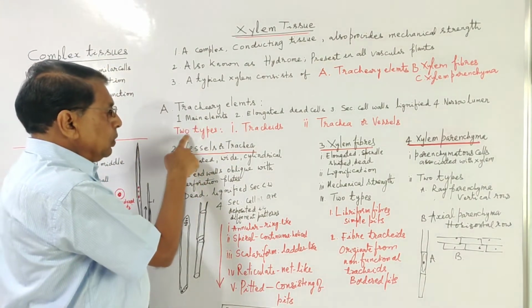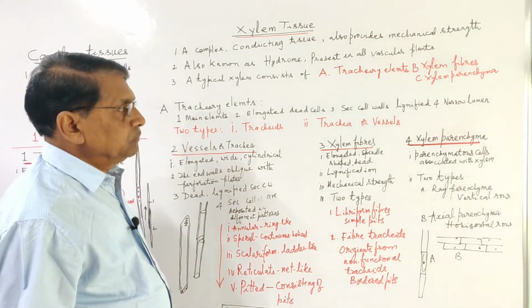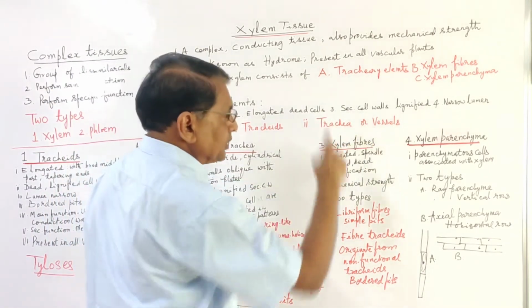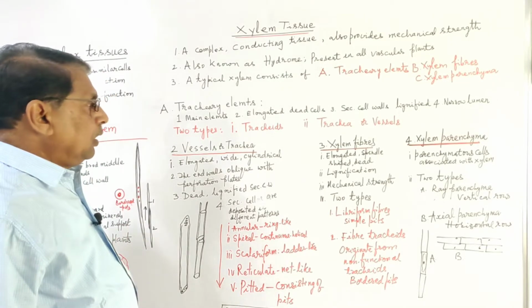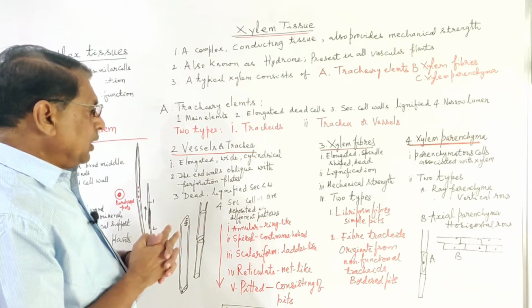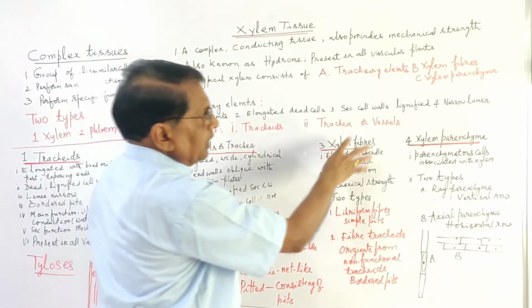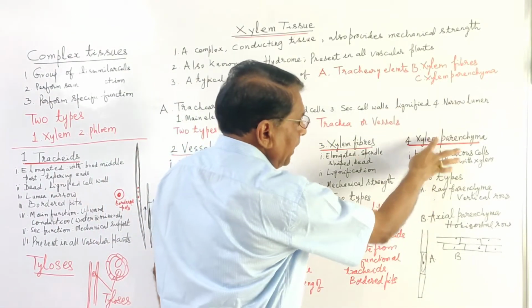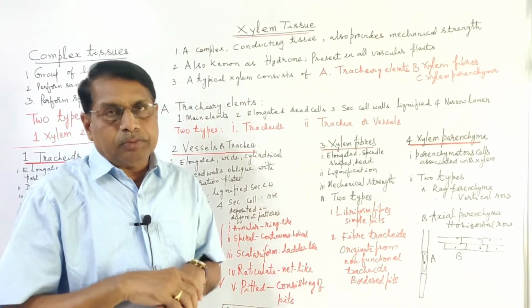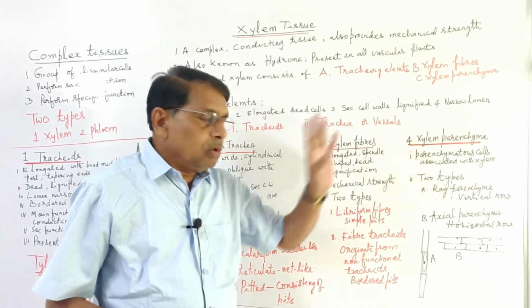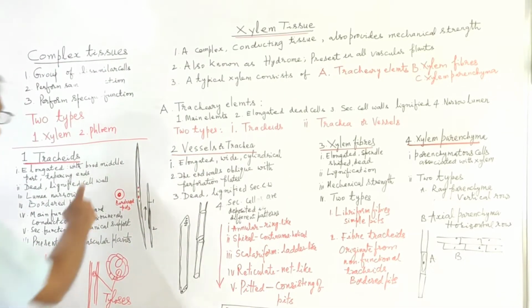Tracheid elements are 2 types. Tracheids, trachea or vessels. Now, in one way we can say xylem consists of 4: tracheids, vessels, xylem fibers, xylem parenchyma. Tracheids and trachea, these are two different types. Now, if you take the tracheids,